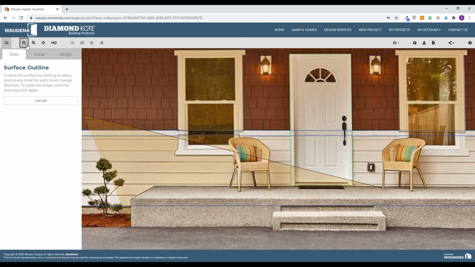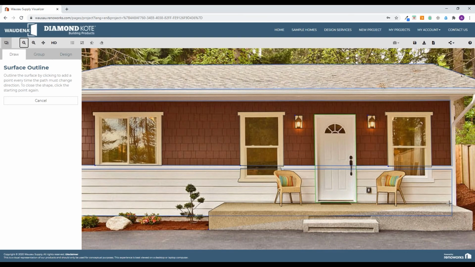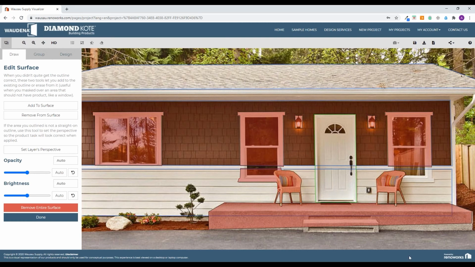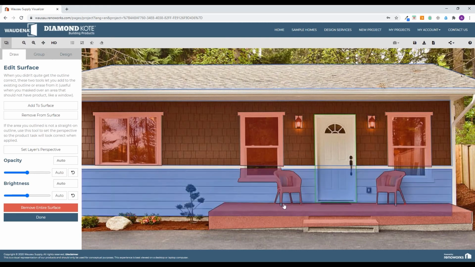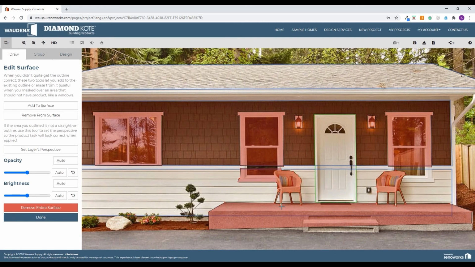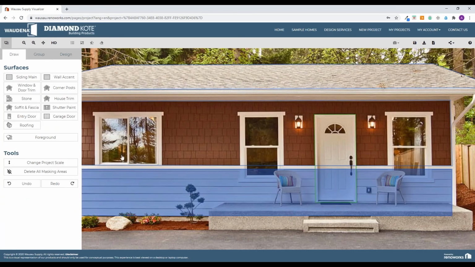I'm actually going to zoom out a little bit. So there we go. Now everything in red has been removed. We can always, any area that's not specifically covered up. There we go. And I mean, of course, these plants will be covered up here,